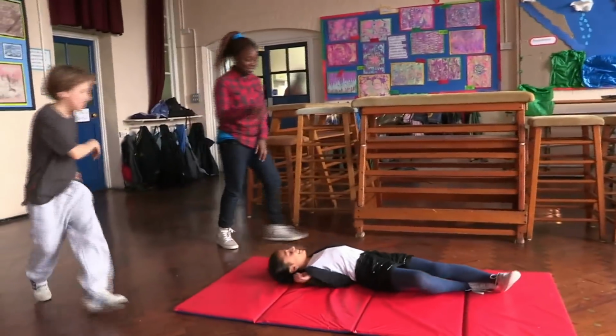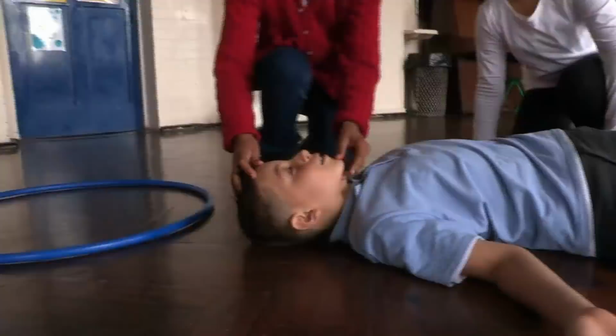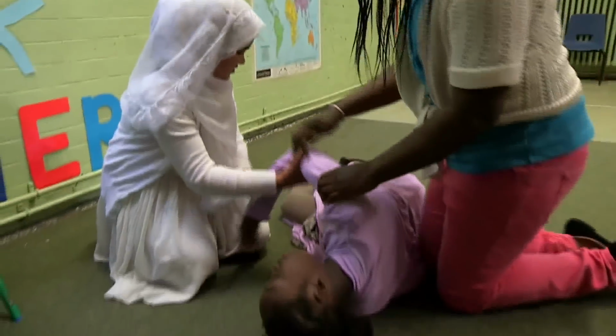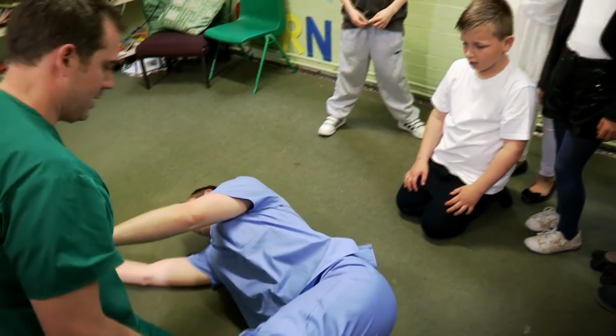Remember, never do this on your own unless it is an emergency. It's always best to find an adult. Check if she's breathing. Well done, girls. Yeah, he's breathing. Next, get them into the recovery position. And then what's the final thing we've got to do? Check if she's breathing. That's good. So you have a good old listen, good old look, and she's still breathing. So, if someone has been knocked unconscious and they're breathing, tip their head back, roll them onto one side, and